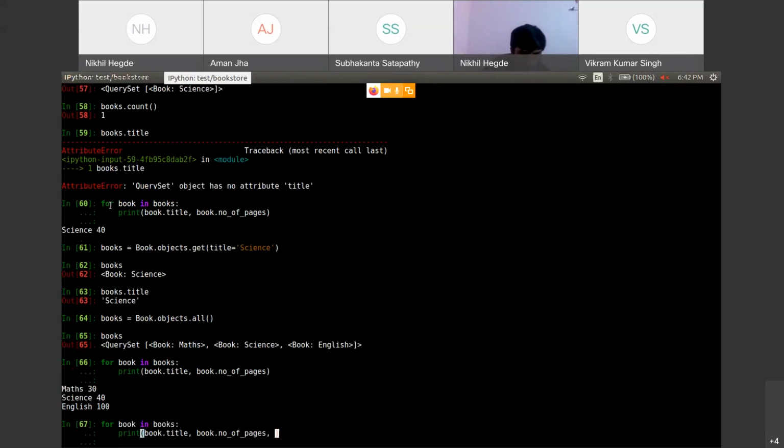Can anyone of you tell me how to print the author's first name? Any guesses? Okay, I will only give some few options.